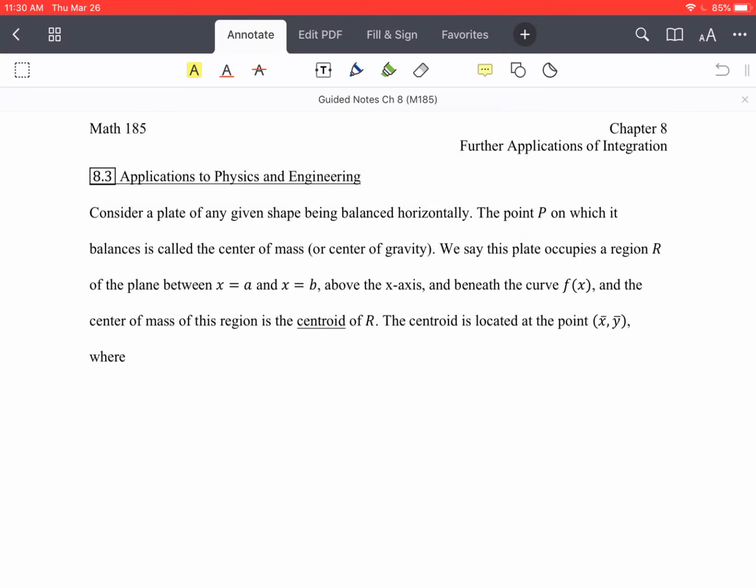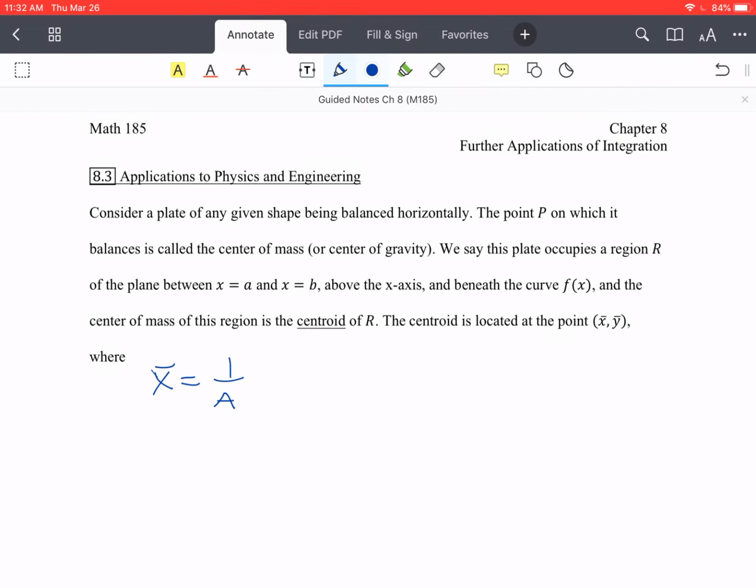So consider a plate of any given shape being balanced horizontally. The point P on which it balances is called the center of mass, or center of gravity. We say this plate occupies a region R of the plane between a and b, above the x-axis, and beneath the curve f of x, and the center of mass of this region is the centroid of R. This centroid is located at the point x bar, y bar, where x bar